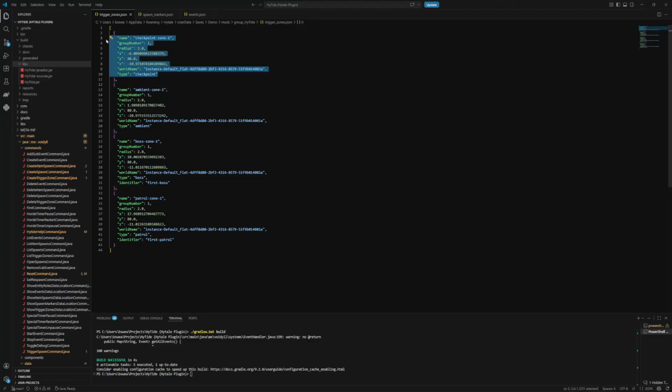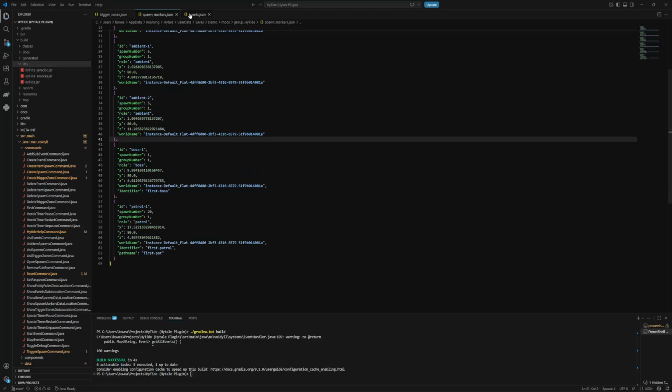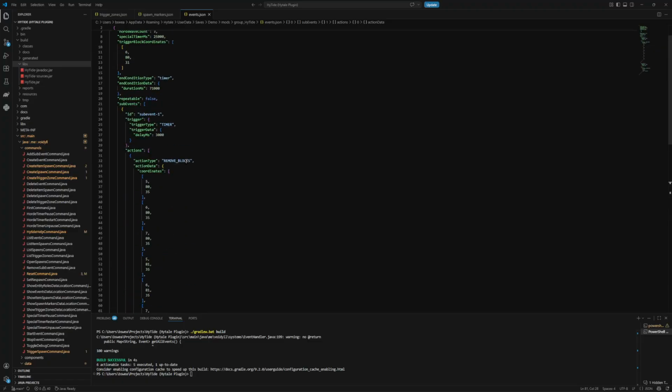So then, say I want to change this to, I don't know, have the group number of 2 or something. I can just go in here and change that instead of having to go and delete it. I'm going to leave it at 1 for now, though. And you can do the same with your spawn markers, which I already have open, and your events, which you can see the events,